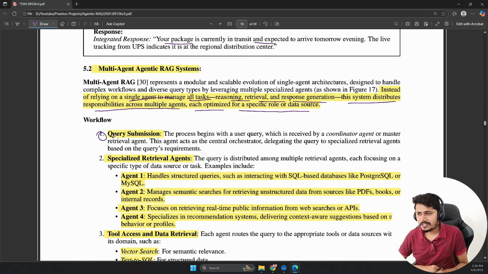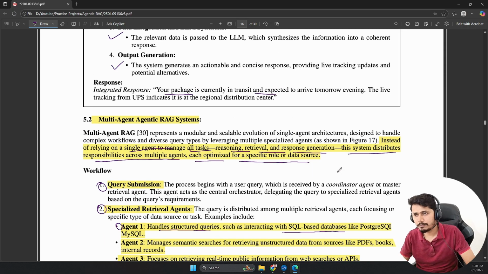And in the workflow, first one is query submission. It will take the query from the user. Second, the specialized retrieval agent will identify which agents to call for what task, so it will decide that. You can see the first agent will handle structured data, let's say SQL based databases. So in our first query, if you take this same example,